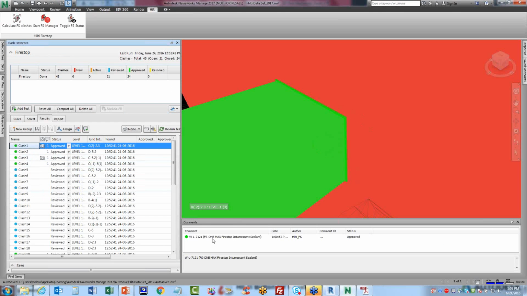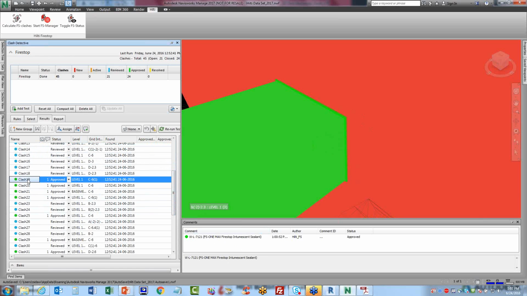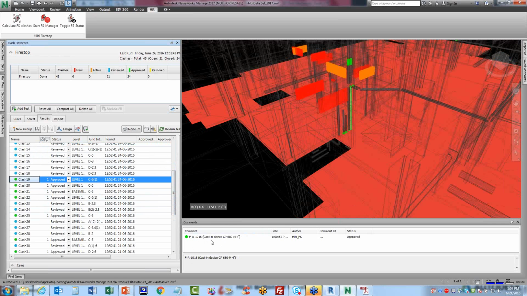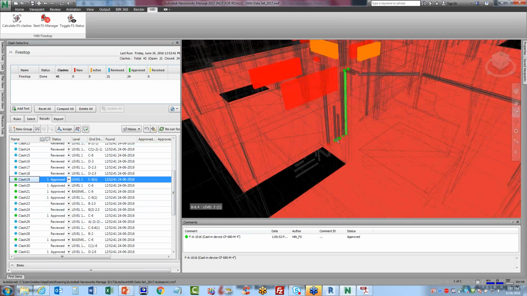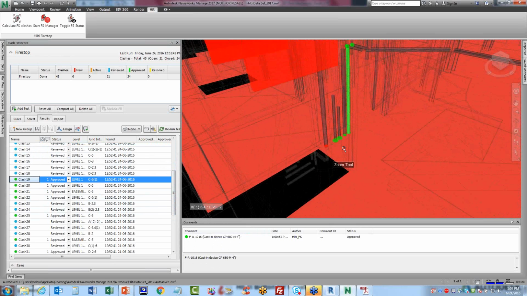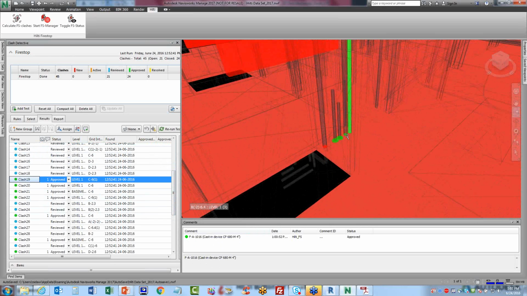Clash number 1 shows the sealant in the comments. And let's go down and look for clash number 19. Clash number 19 is the cast-in device for this particular one. So let me zoom in here, use the zoom window. And so the solution that has been found for these cast-in-place devices, the green ones, have that in there, and the